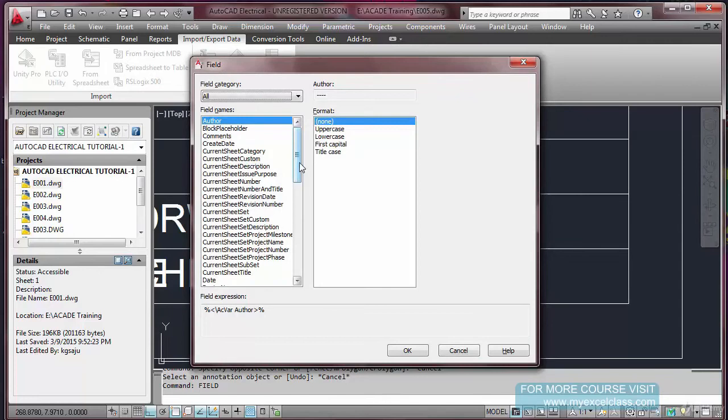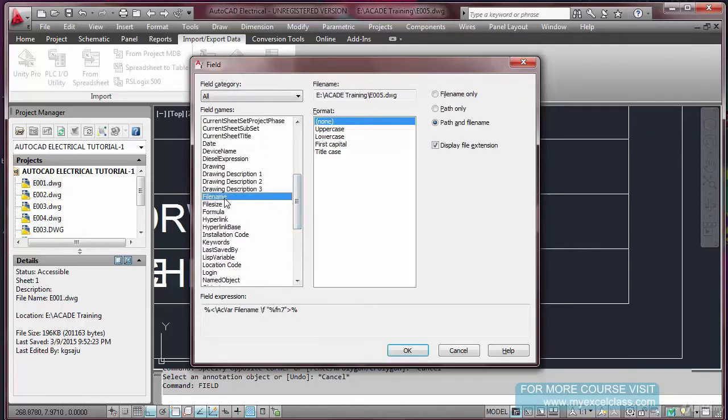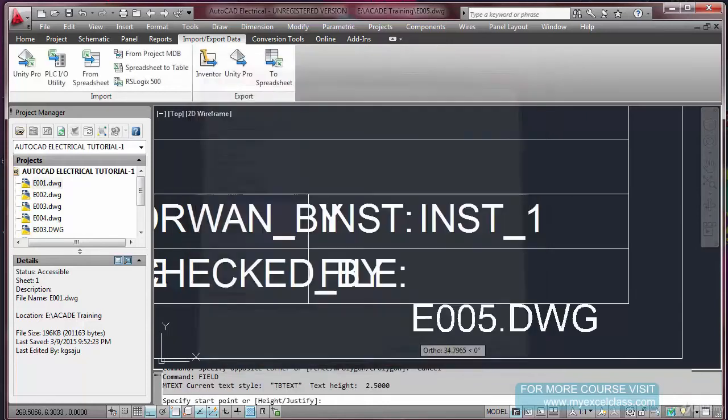There are many things; among these you will find file name. Make it uppercase. Here are the options: file name only, the path only, or path and file name. It will show the whole path where it lies in the C drive, the directory and subdirectories, everything. If you want only the file name, just click OK.